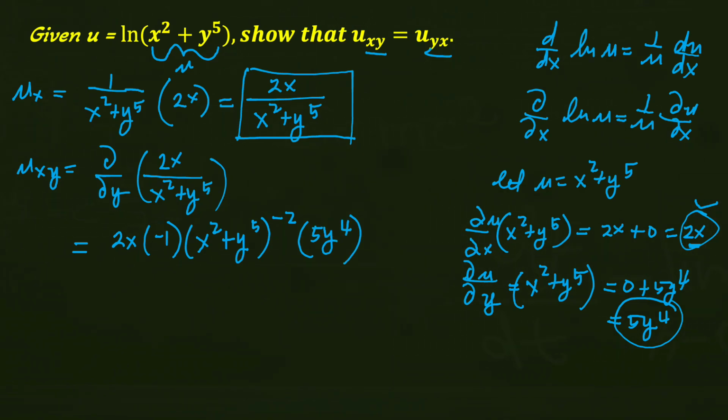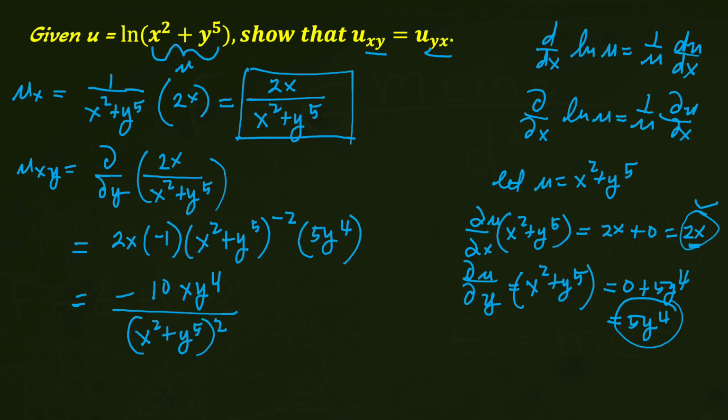Because we are differentiating with respect to y, x squared will become a constant, that will become 0. So the derivative of the inside function here will become 5y to the fourth, or that is the partial of u with respect to y. Simplifying, this will be equal to negative 10xy to the fourth over (x squared plus y to the fifth) raised to the second power. Okay, so that's the first part, and I will move on to the next slide